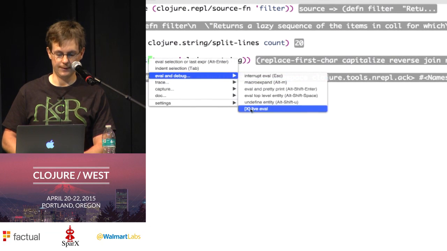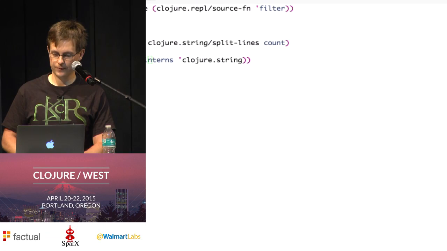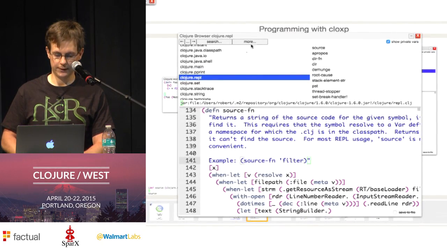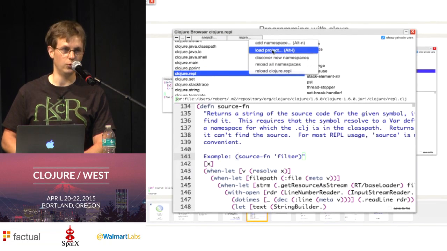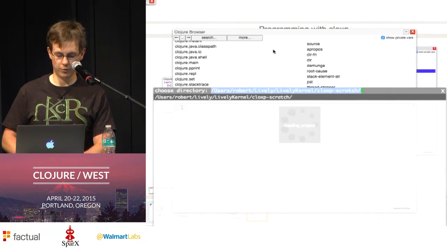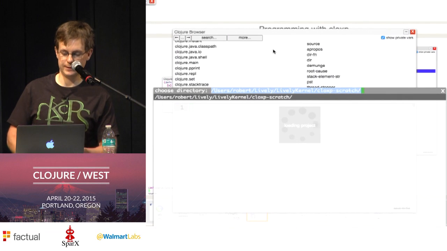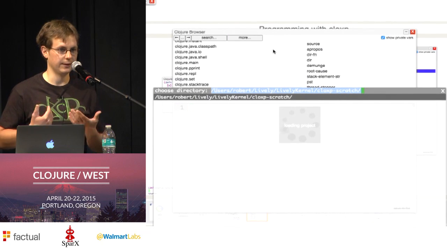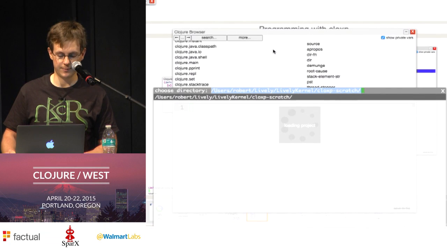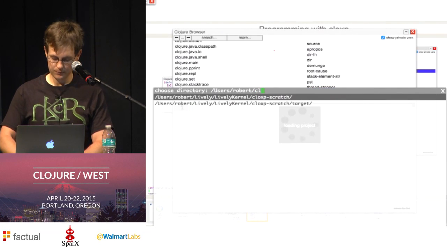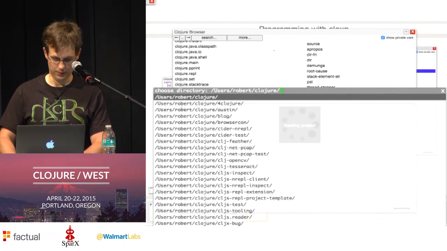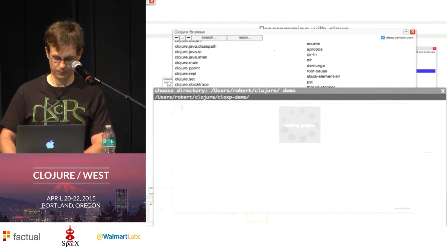Okay, so how can we use it? First of all, we can go back to our Clojure browser, and in here we are offered to load a Clojure project. A Clojure project in the end is just a directory that can either contain a pom.xml file or a project.clj file that defines a project. In here, let's navigate to the Clojure demo